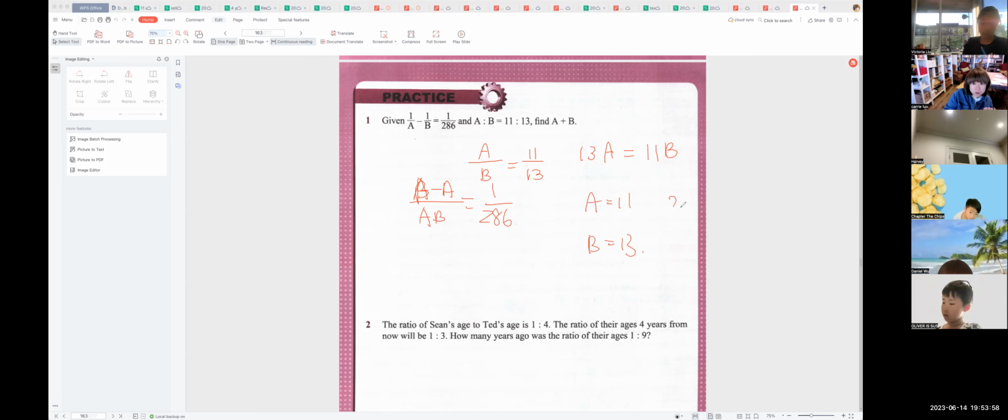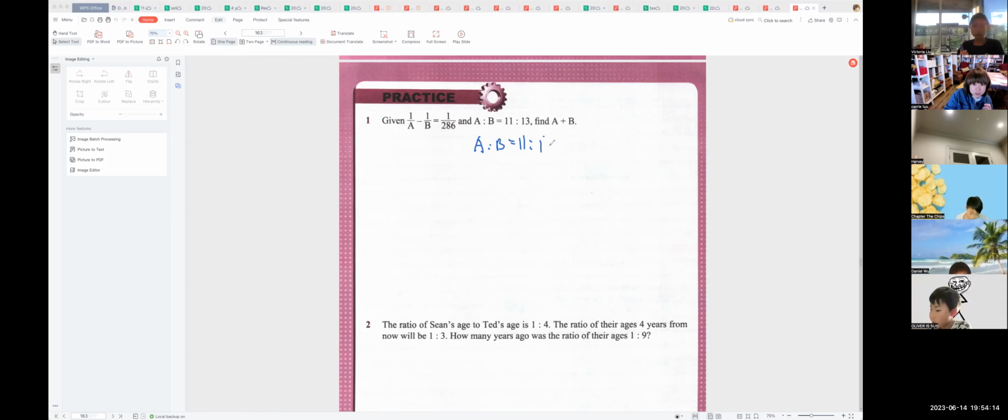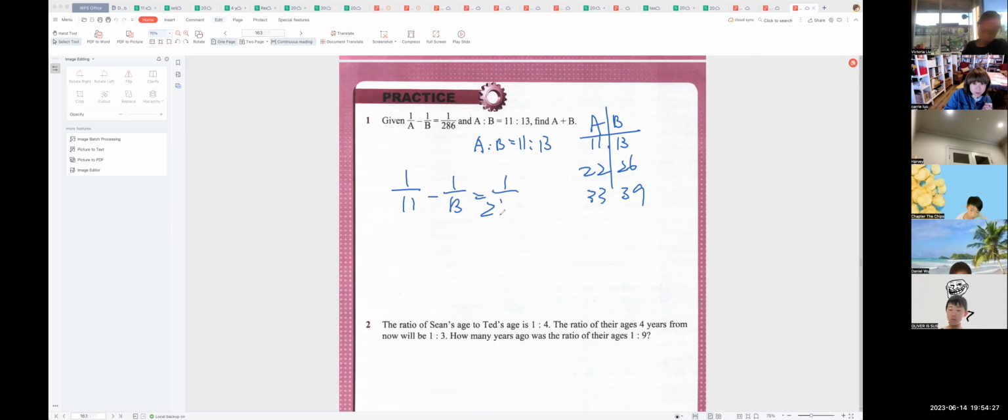If it is not right, you try A equals 22 and B equals 26. 知道吗？可以试的，因为 ratio 所有题目都可以凑答案的。Chapter 明白吗？就算你数学说我没有很好，但是 ratio 的题目都可以，因为 A to B 等于11比13，那 A 可以等于11，B 可以等于13。那 A 也可以等于什么？22和26，也可以等于33和39。So you can just put 1 over 11 minus 1 over 13，等不等于1 over 268？肯定不对，对不对？那你看一下嘛，1 over 22 minus 1 over 26，因为